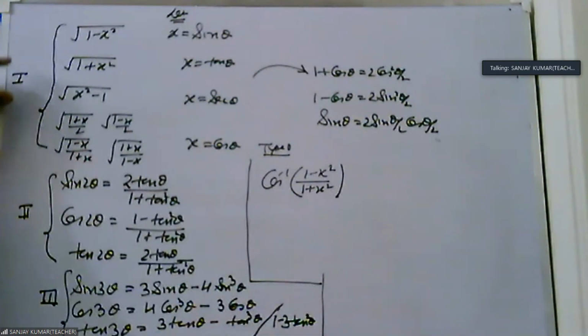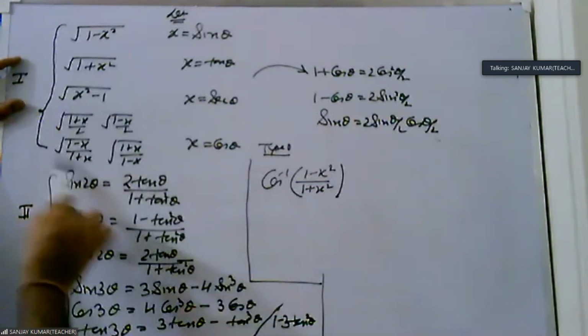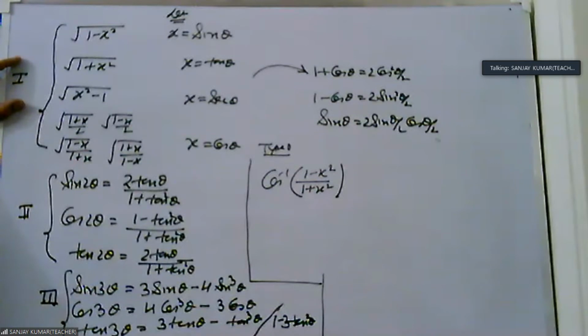So first of all, we match with the first table. The first, second, third. We have three types. Okay, the first we match with the first. Because in the first, all the numbers are in the square root, and this is not in square root. That means it is not matched with the first.